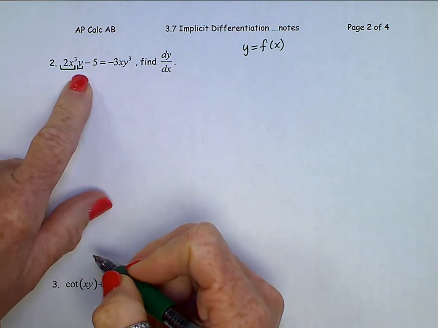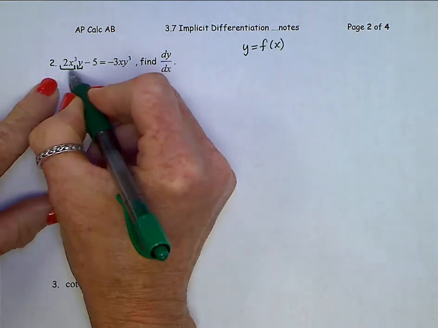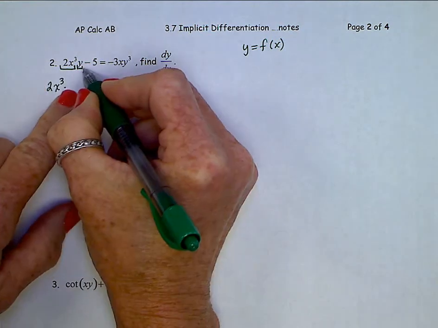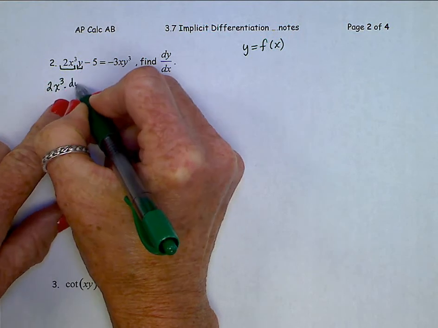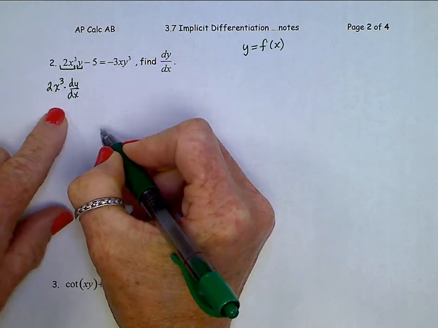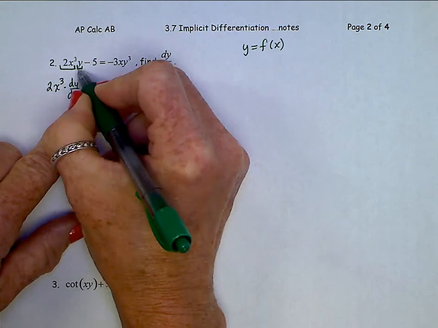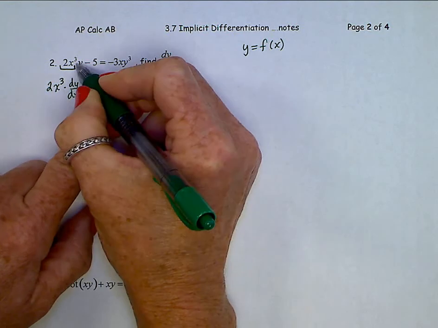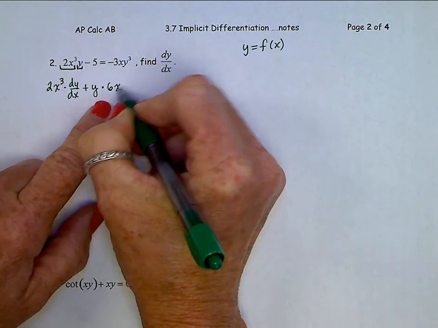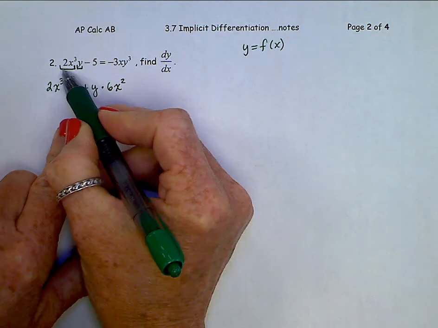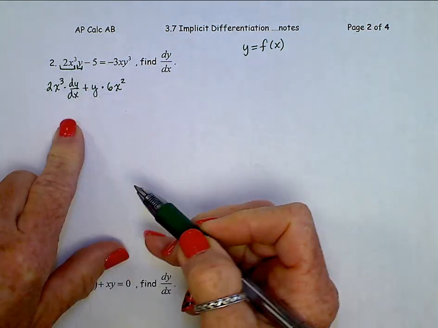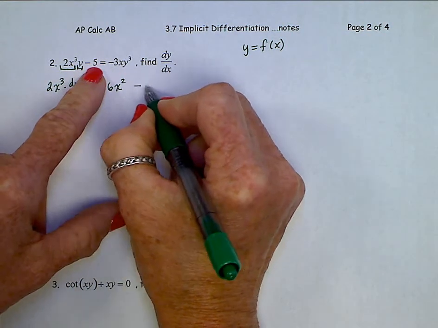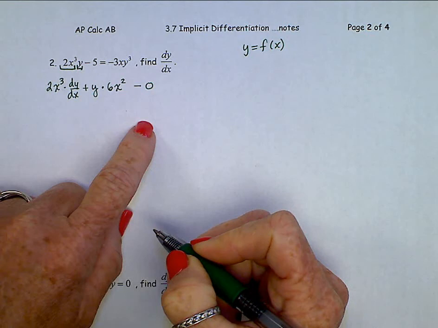When we do the derivative, the first, 2x cubed, times the derivative of the second, dy dx, plus the second, y, times the derivative of the first, 6x squared. That's just this first piece. Now, minus the derivative of the 5, minus a 0, equals,